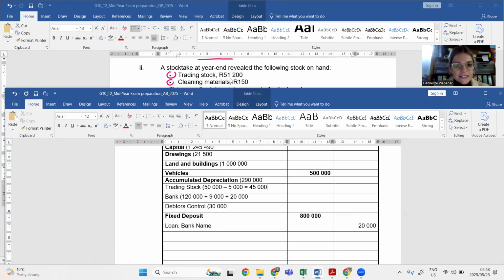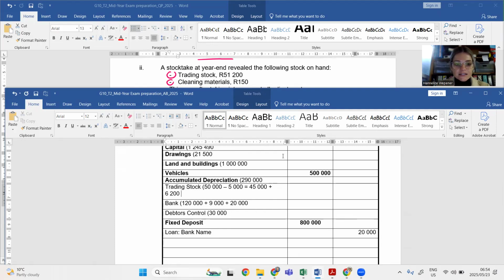So I physically have a lot more than what I thought I had. So I need to adjust my books to reflect what I physically have. I need to find the difference between the two, and that difference is 6,200. So I need to add 6,200 to the balance I have now in order for my trading stock to get to the